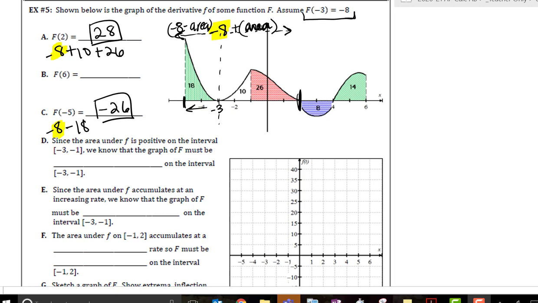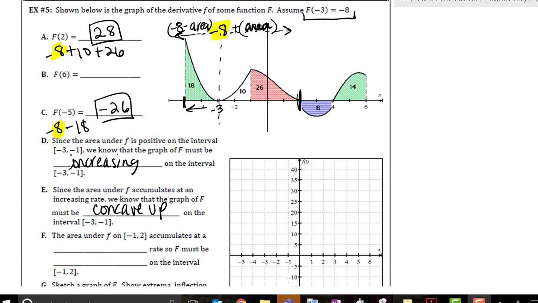Now, very similar to last unit, we can start using this information to graph, because if we have information about the derivative, we can graph that original function or that antiderivative or the integral. Wow, it's all coming together so beautifully. So I already filled out some of this, but I'm going to start using this information to get an idea